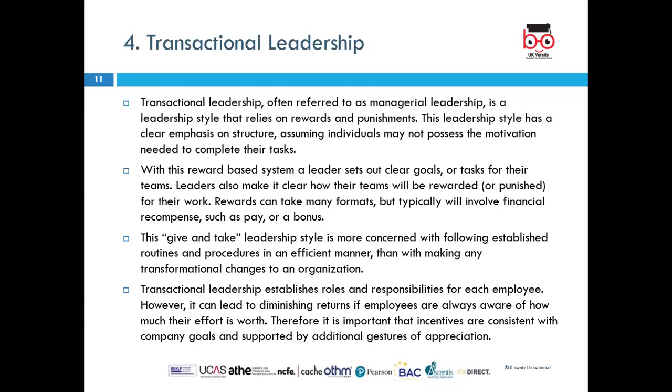Again, it's a managerial leadership. It heavily relies on rewards and punishments. If you work in an environment where you know that you're not going to be penalized, you're not going to be asked about what you did, if anything went wrong, what happened, how did it go wrong. If I'm a teacher joining late, and I'm not bothered about anyone who's going to ask me, I can join an hour late. I would not make the effort.